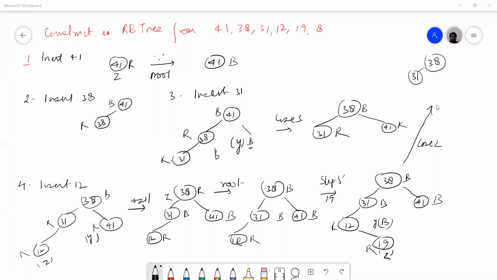So case 2. So why case 2? Because 19 we have inserted, we have a red relationship, and uncle of 19 is black. And since the newly inserted node is right child, we are applying case 2. So after applying case 2, what we'll get? 31. Then here we'll get 19. Then here we'll get 12. So no color is changed. This is the new Z,